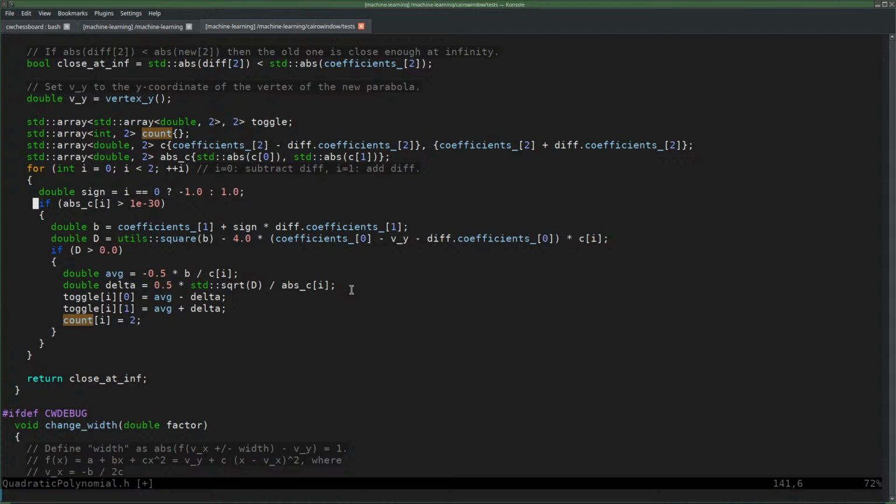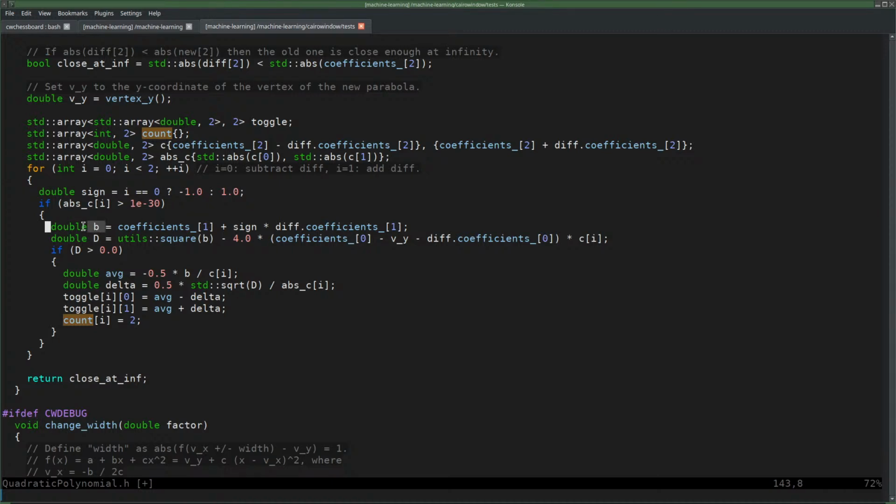If the C coordinate's absolute value is 0, then it's a straight line, which gives me at most 1 zero. We don't add that, since I want 2 zeros or nothing. So then we don't do anything, and otherwise we calculate